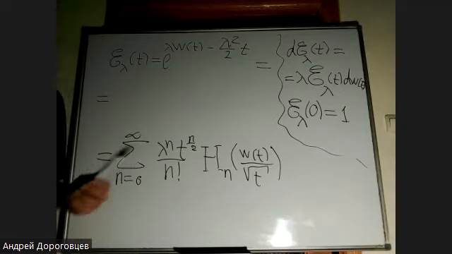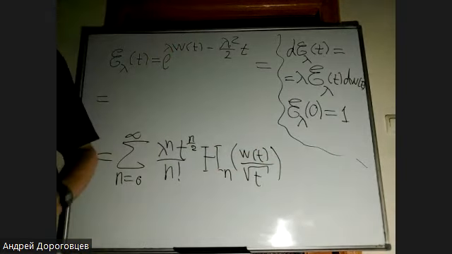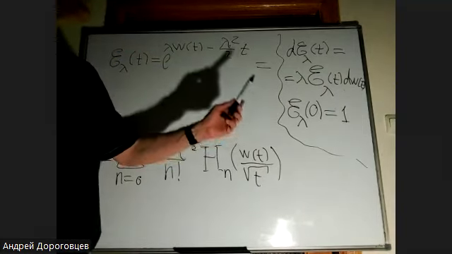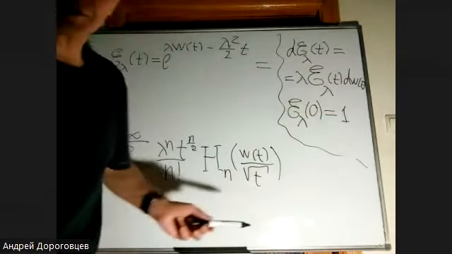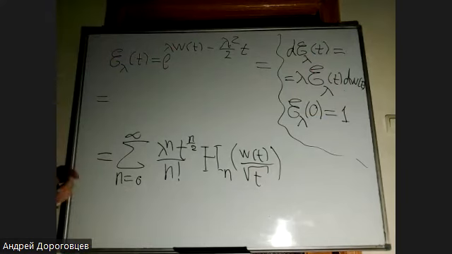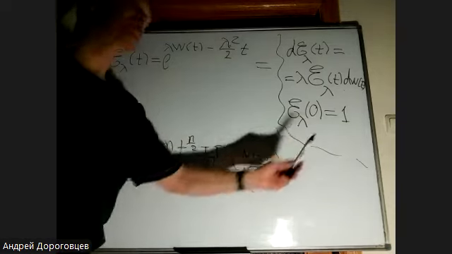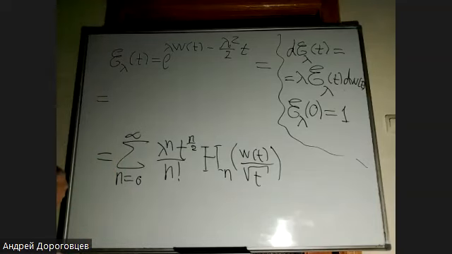This explains, by the way, the name, because this equation is very similar to the ordinary linear differential equation for the usual exponent function. If we put here dt, then we get exponent lambda t. So using this fact and the iteration method for solving this equation, we got the solution as a series of multiple Wiener integrals. Namely, we got the following expression